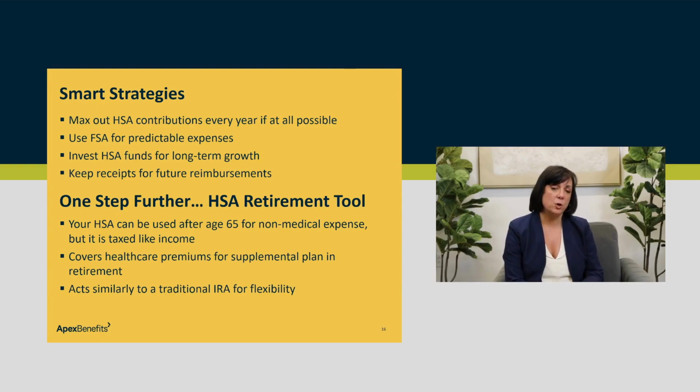One step further with an HSA retirement tool. Your HSA dollars can be used after the age of 65 for non-medical expenses, but it is taxed like an income. It also covers your healthcare premiums for supplemental plan in retirement. So when you've banked all this money into your HSA account, why we keep saying it's a great retirement tool